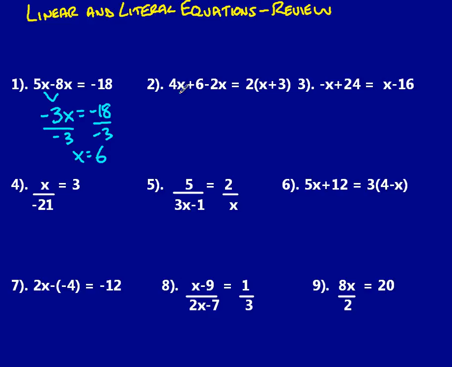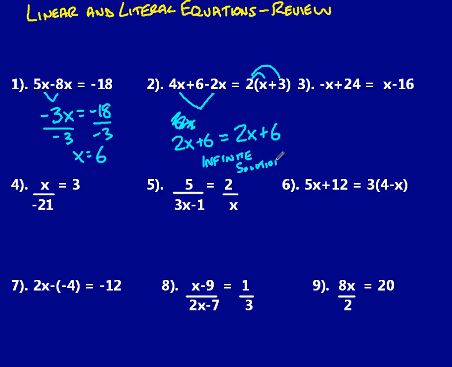In this one, same thing. I have like terms on this side, so that'll give me a 6x. Or I'm sorry, not a 6x, because that's a 4x and a negative 2x. So 4x minus 2x gives you 2x. I have a positive 6 still left over, so I keep it there. And here I need to distribute through that 2. So that'll be a 2x plus 6. Now we have the exact same thing on both sides of the equal sign. That means that this is going to be infinite